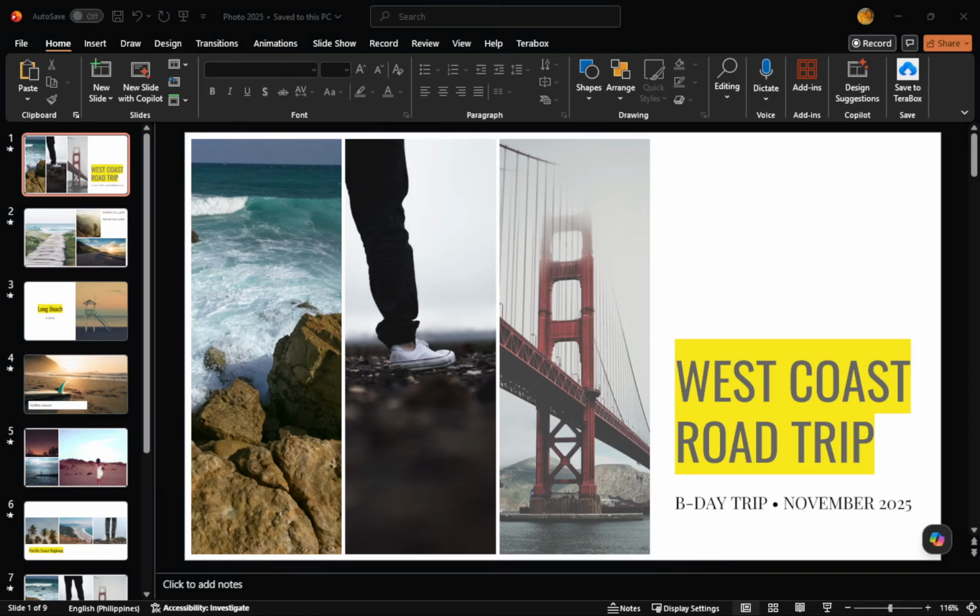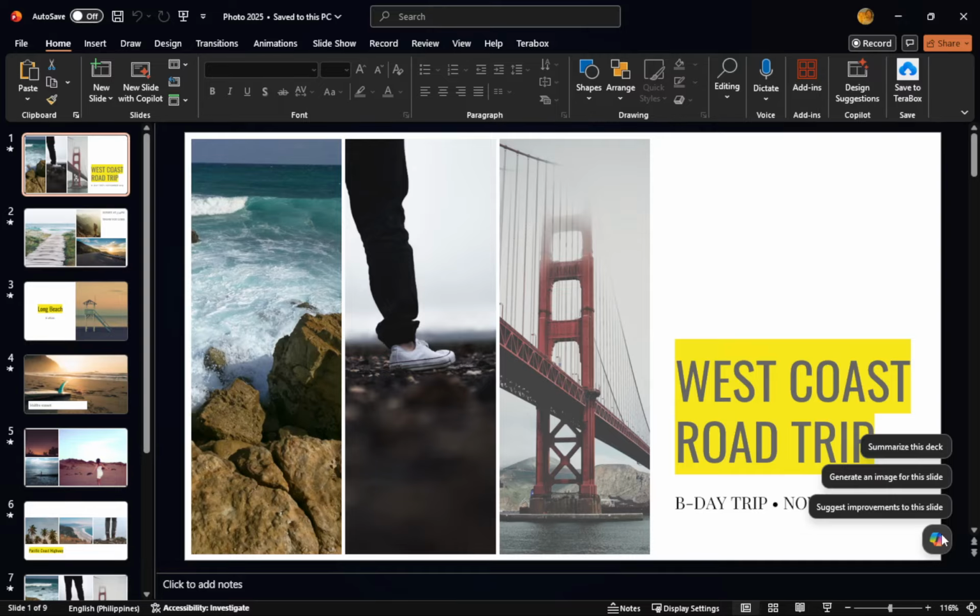With that ready, open PowerPoint once more and look for Copilot. You can either open an existing presentation or create a new one. You should see the Copilot feature on the Home tab, or you might find a Copilot button either in the ribbon or in the upper right corner of the screen. Click this button to open the Copilot pane. This makes sure that Copilot is active and ready to assist you.